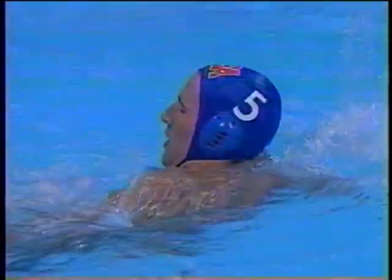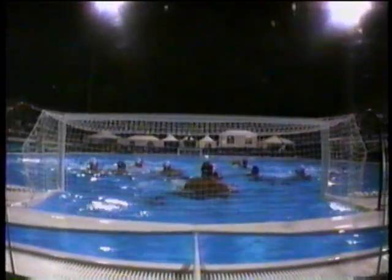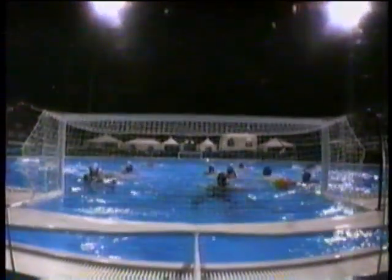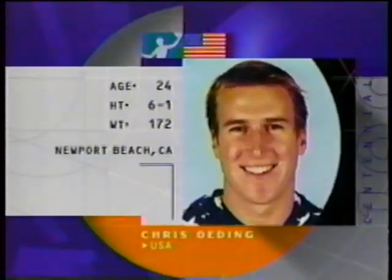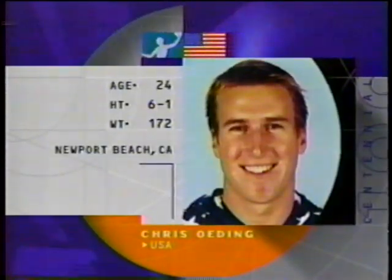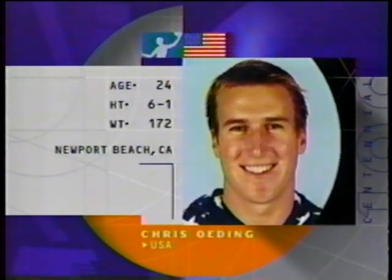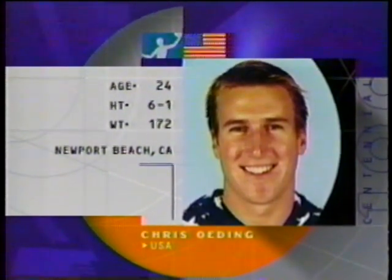What a shot by number 5, Chris Oeding, a lightning overhand. Look at this. Oeding just blasted his shot about 7 meters out right by Adelico. And, you know, Oeding is literally a medical mess. He has suffered a broken hand, pinched nerve, torn rotator cuff. And look, he's not even that big of a guy. But he comes up big there, giving this huge American following at the water polo venue a lot to cheer